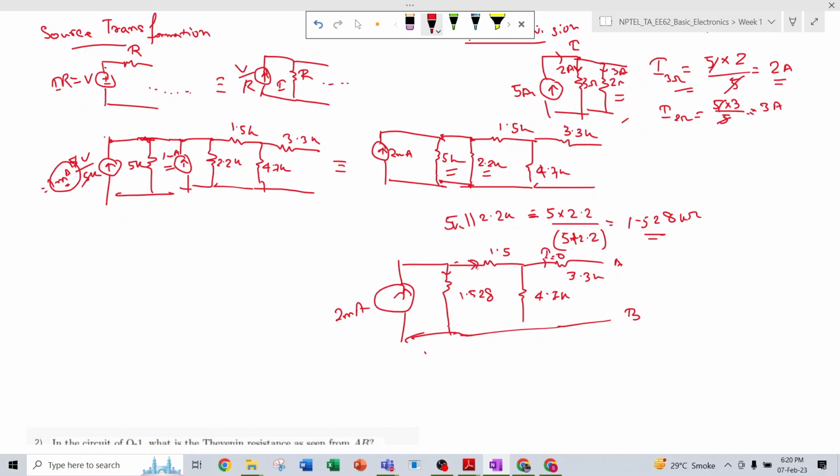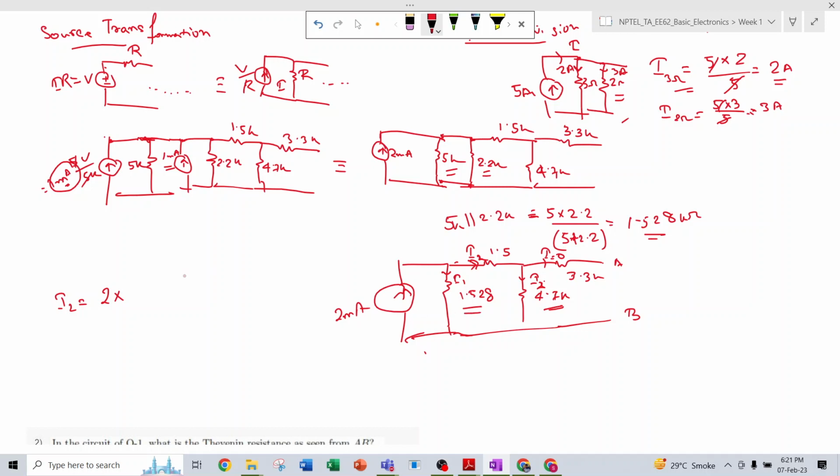So basically, suppose this is I1 and this is I2, so this I2 current will flow through this 4.7 kilo ohm. I have already discussed the current division rule. If we determine the current I2 flowing through the 4.7 kilo ohm, then we can multiply that I2 current with 4.7 kilo ohm to find VAB, that is the Thevenin voltage. So I2 will come out to be like 2 milliampere into,